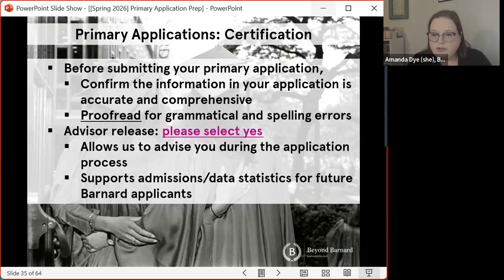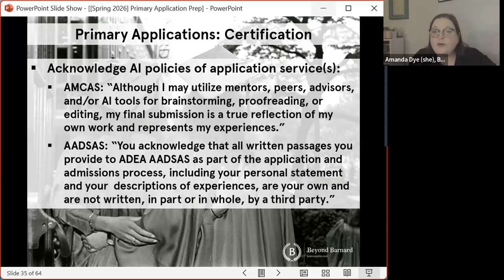We never share information about individual applicants. Everything is in the aggregate. And generally speaking, I am the only person who sees the individual data. So it's really, really helpful to me if you release your info so that I can be aware of your progress in the application. Also, as part of certifying your application, you're going to have to acknowledge the AI policy